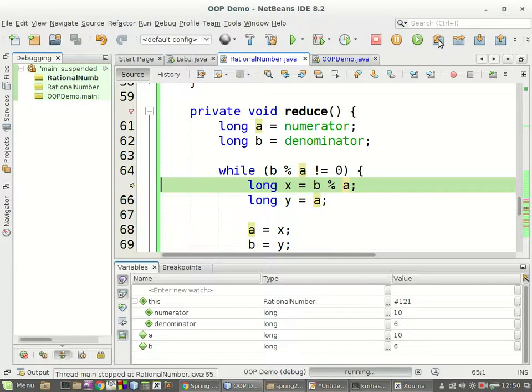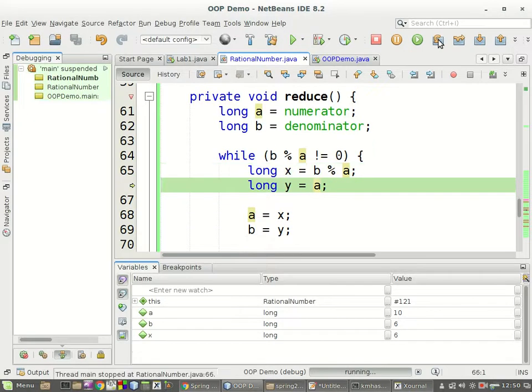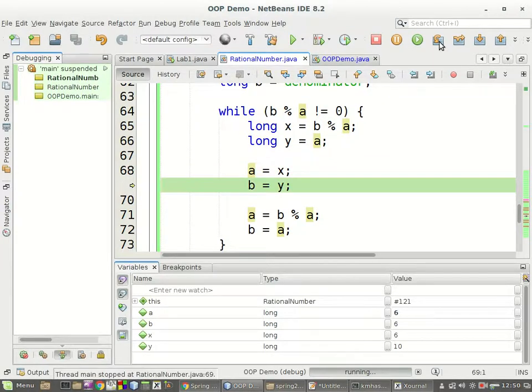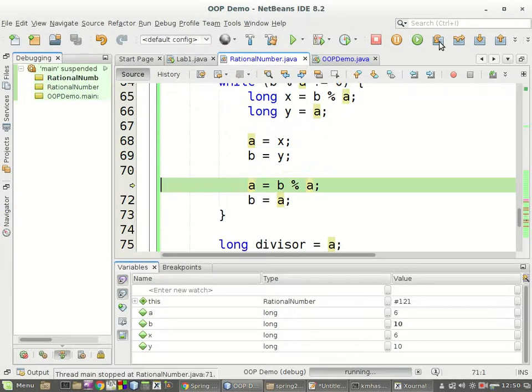So we get long X equal to B mod A. So X becomes 6 and Y becomes 10. So now we got A equal to X, which is A equal to 6 and B equal to 10, and that's